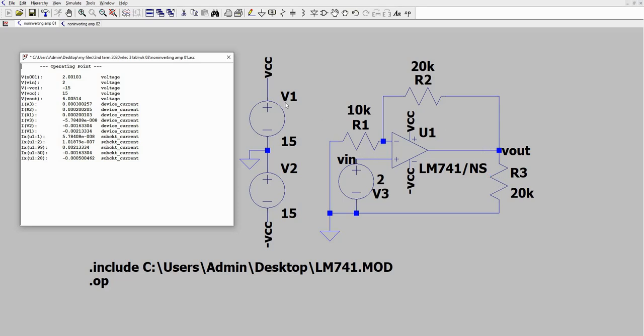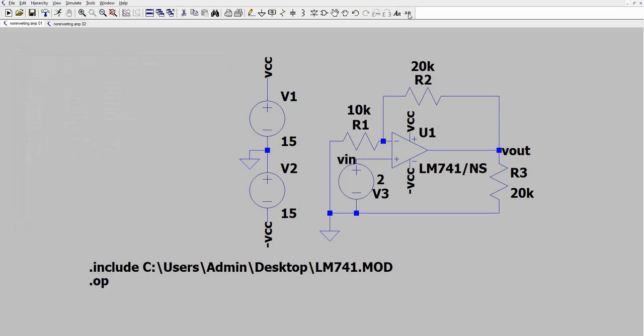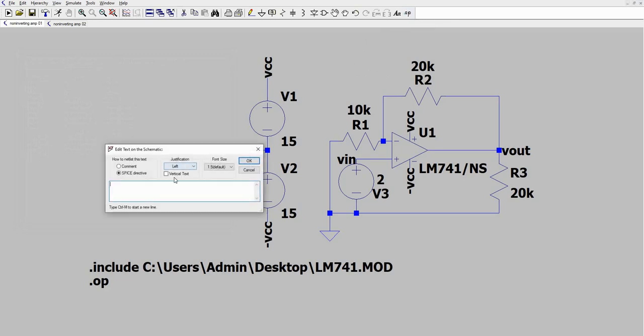Now I'm going to introduce another method on how to compute for the gain. To compute for the gain, you just need to click this SPICE directive, then add dot measure. We have used measure from last time. AV is just a variable that we could assign for the voltage gain.